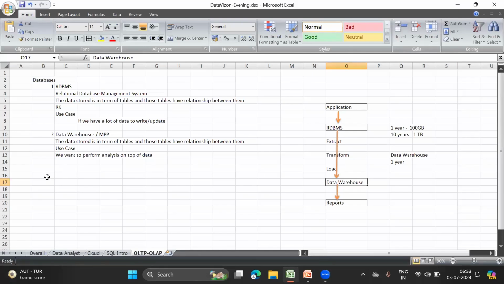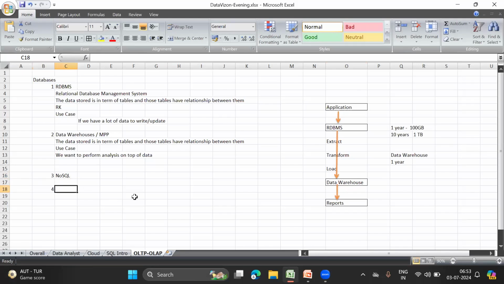Similarly, we also have a lot of different databases. For example, we have NoSQL databases, which do not support SQL. I'm not going into those details, but there are databases, for example, there is Cassandra, there is HDFS. So there are different databases which do not support SQL, right?